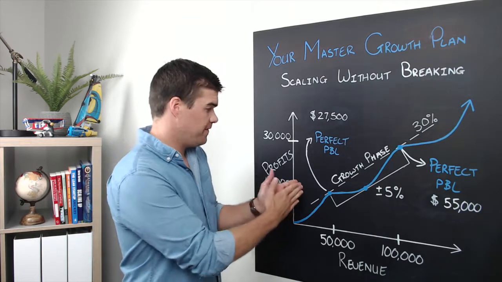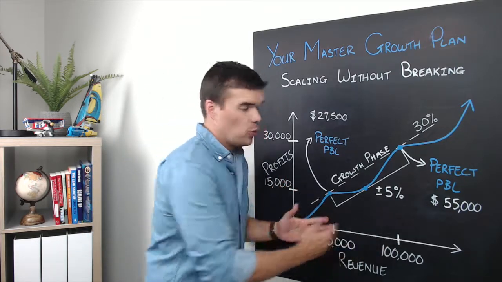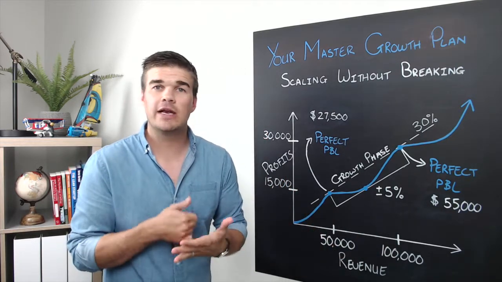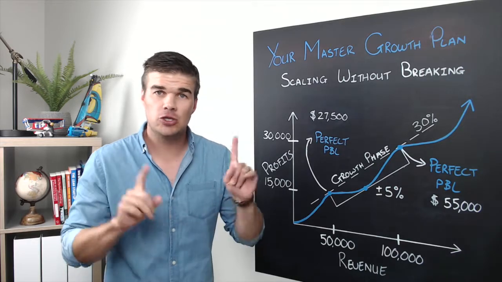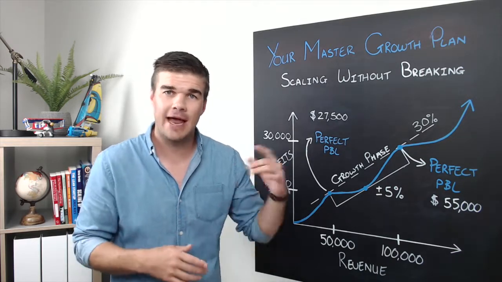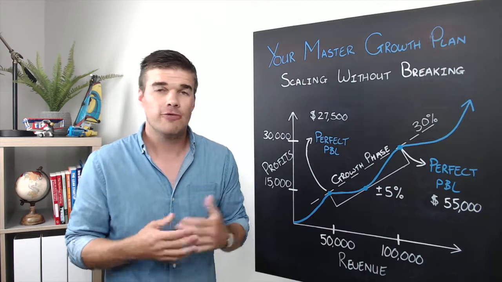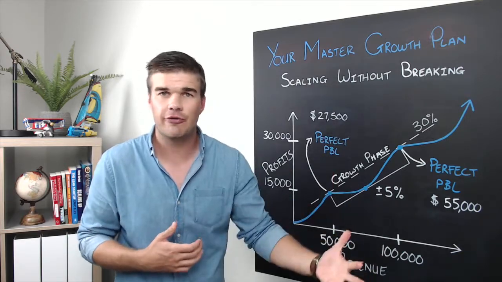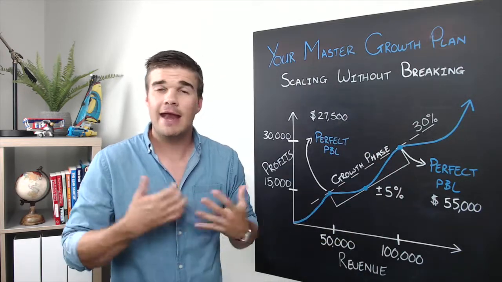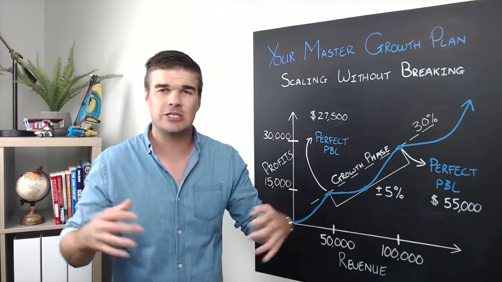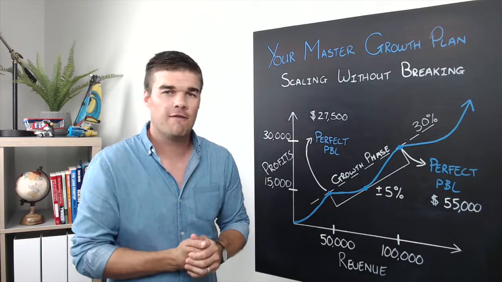Now what we need to do is figure out how do we go from where we are to where we want to be. The reality is we're going to need to start investing in the two major areas in our business, being advertising and labor. The reason is we need to spend in advertising so we can generate more leads, more clients, more revenue, and labor so we can increase our capacity so we can actually offer more and do more for our clients.